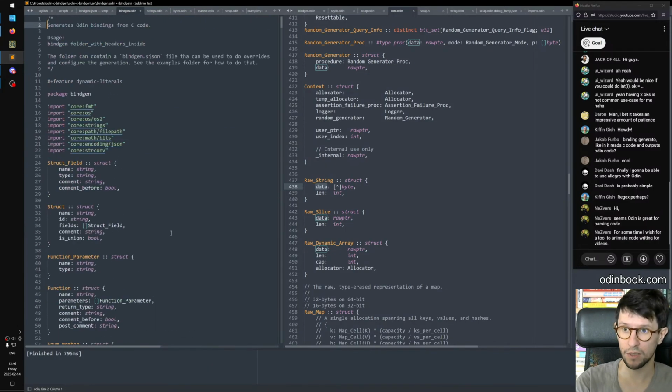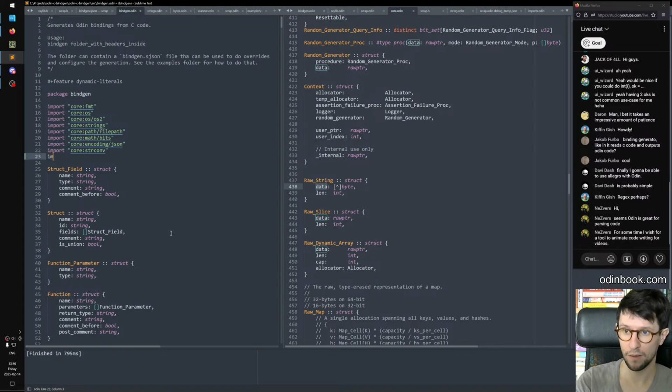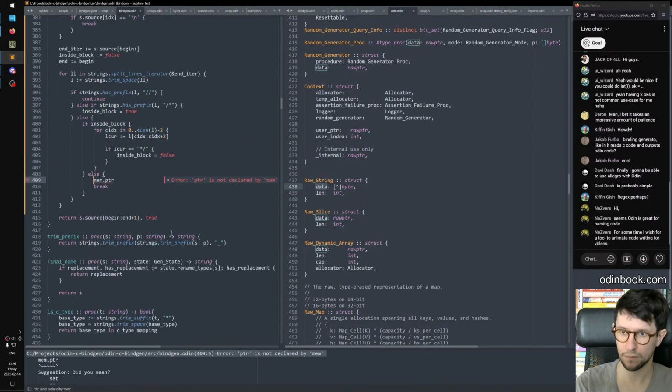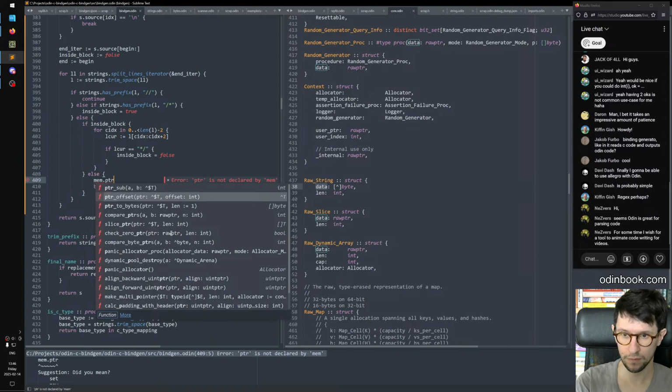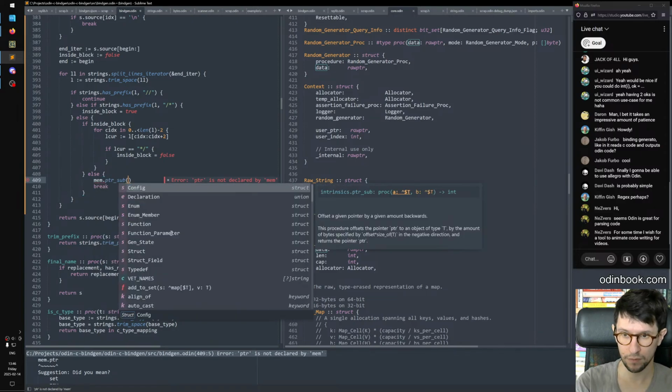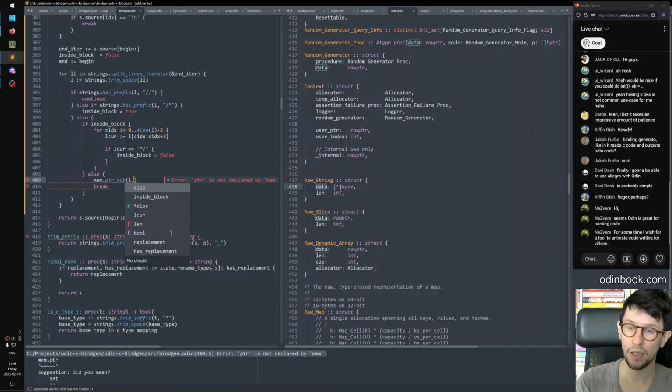There are no allocations going on here, because the split lines iterator doesn't allocate. So then I can just say,